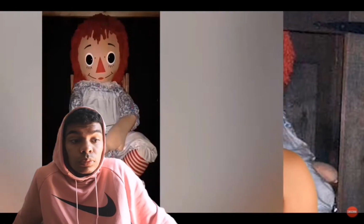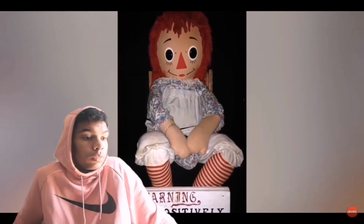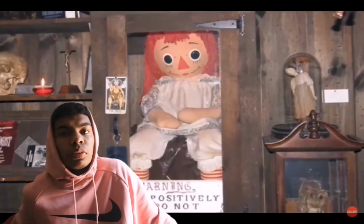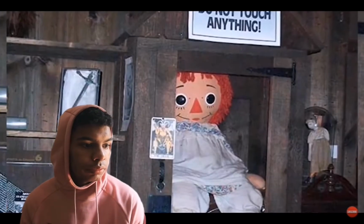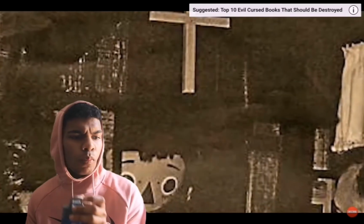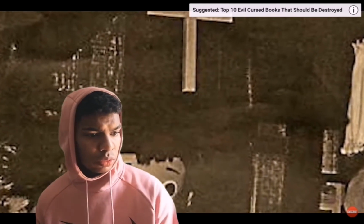The girls then decided to contact a medium who solidified all of their beliefs and told them that the doll had been possessed by the spirit of someone who was killed in their apartment building. For some reason, the girls didn't immediately get rid of the doll, and the story goes that their friend Lou, who was at the girl's apartment, heard strange noises one night and went to investigate, and he was then attacked and killed by Annabelle. The girls finally contacted a priest who told them that the doll was possessed by a demon straight from hell, and then put them in contact with Ed and Lorraine Warren. They tried to do an exorcism on the doll, but it apparently failed, and now it is kept in a glass box in the museum where...